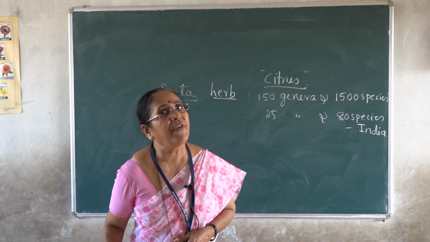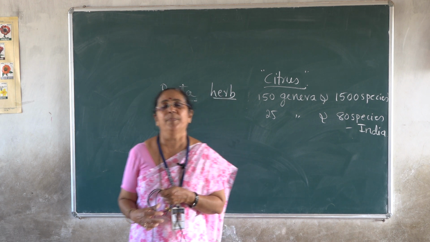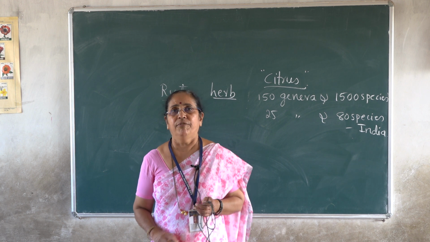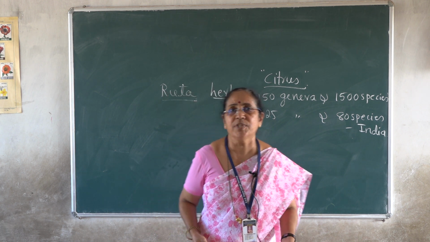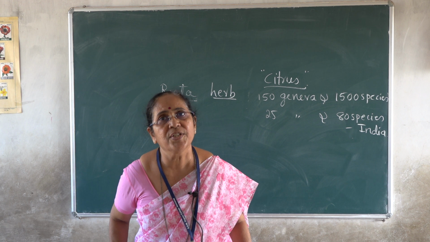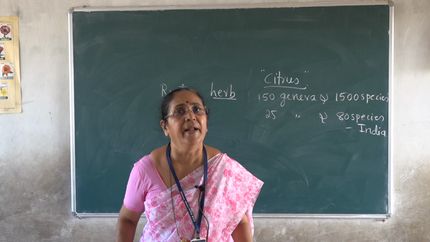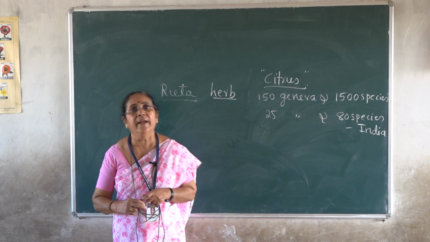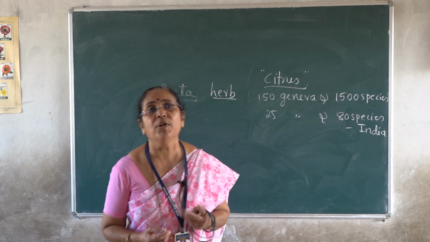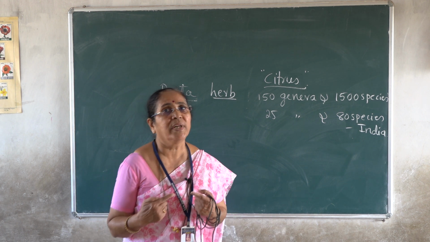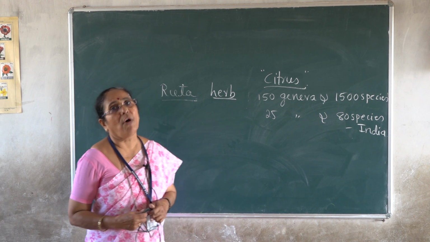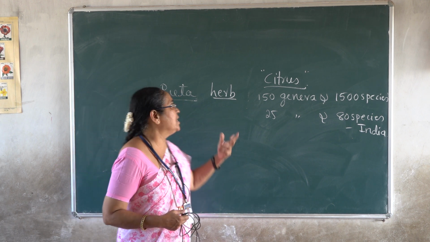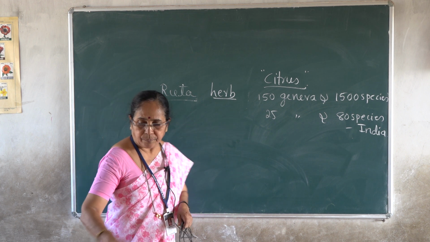Then the roots. Because the family belongs to the dicotyledons, the root system is called the taproot system. It has a strong taproot system. The stem is highly branched in nature, and sometimes the stem is thorny, because you find very strong thorns over the surface of the stem in Aegle marmelos, Patri, and some species of lemon. It is also characterized by strong thorns over the stem, so it is thorny in nature, highly branched, and a strong type of stem is found among the members of this family.